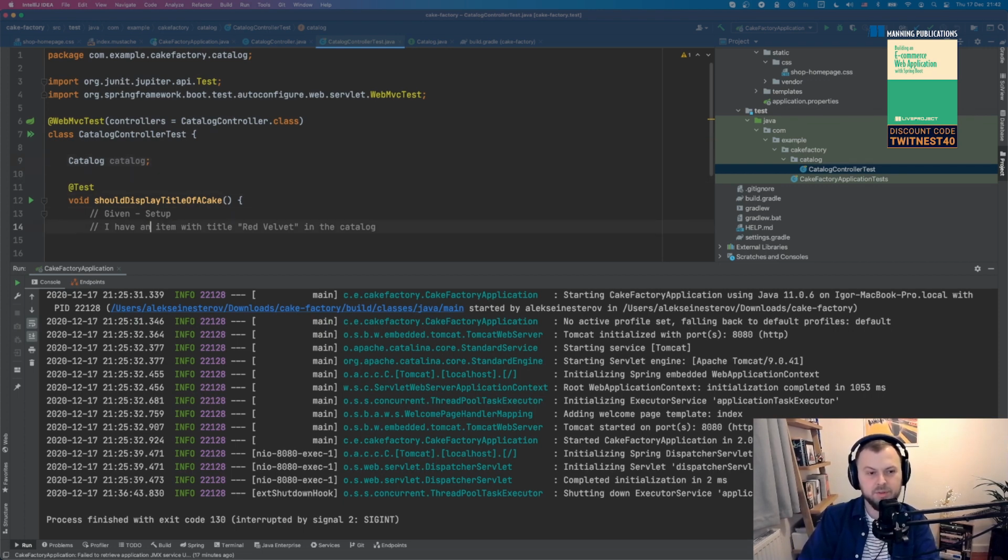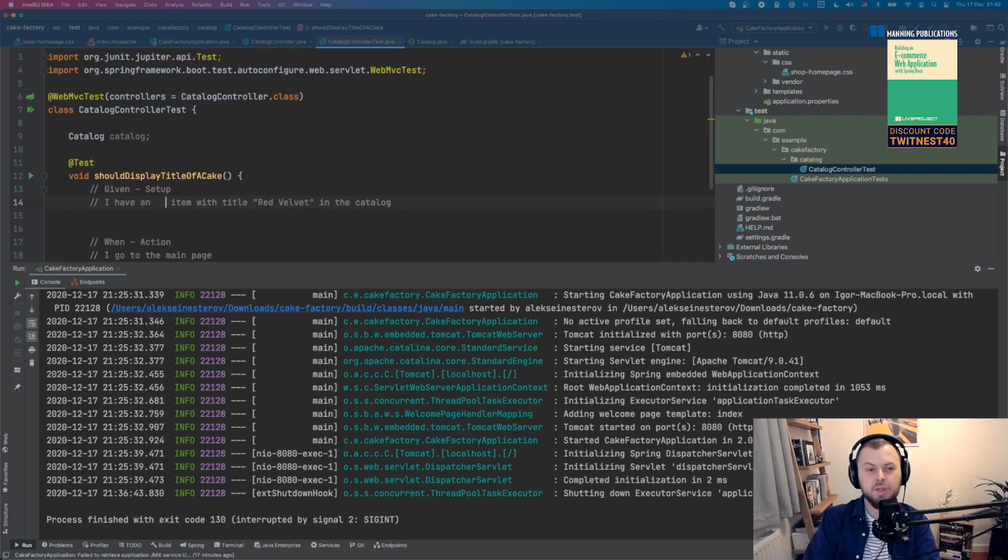So I don't really have to think too much about it. Like, what is it going to do? What is it going to return? What is it going to take? What's going to be the structure of this object? Doesn't matter. Write a test first. It will tell you what your interface should do, what your service should do.